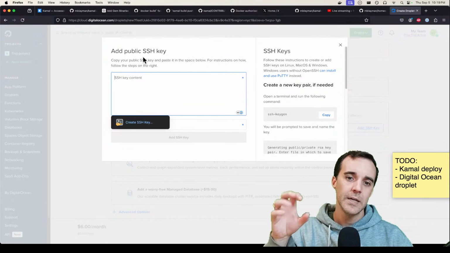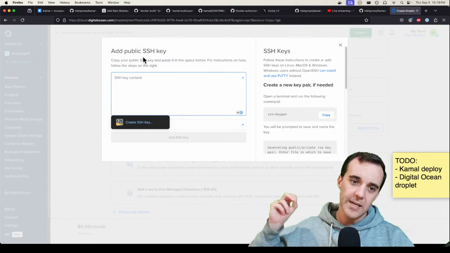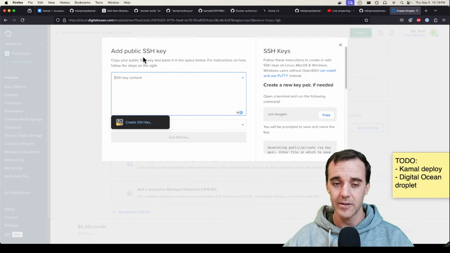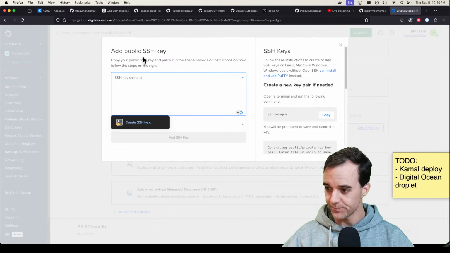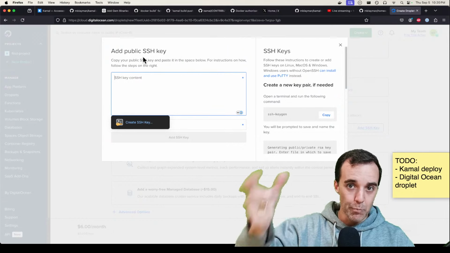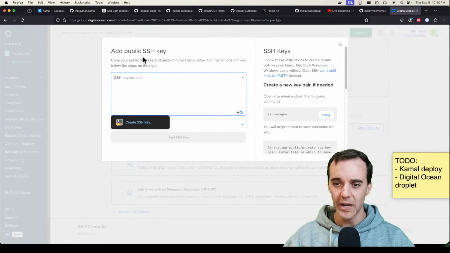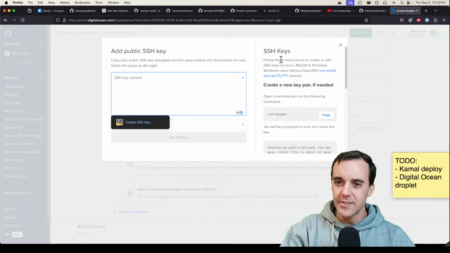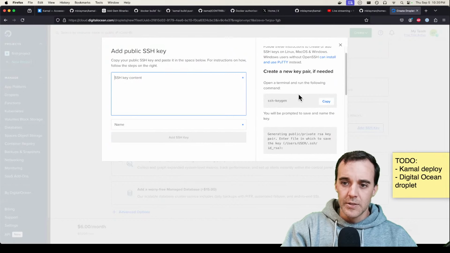So what's happening here is, in this process of creating this droplet, we are taking the public half of the key pair, and we're going to put it in here. What DigitalOcean will do is take that and bake it into the virtual machine, so that immediately when I try to SSH to it, I can do that right away. So that's what we have to do. All right, SSH keys. Follow these instructions. So we need to do